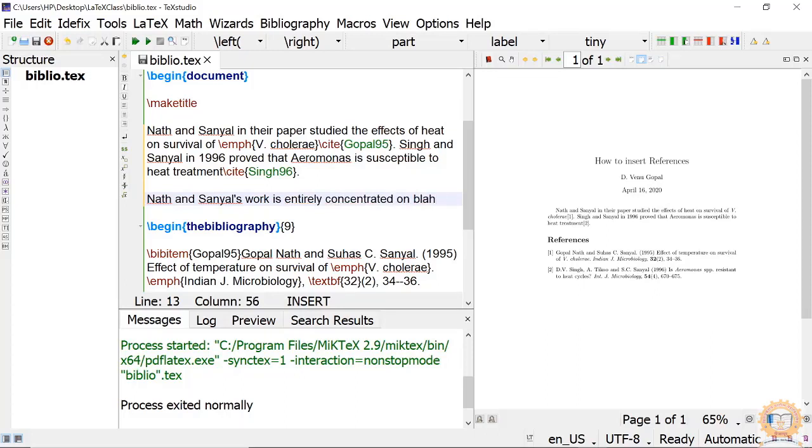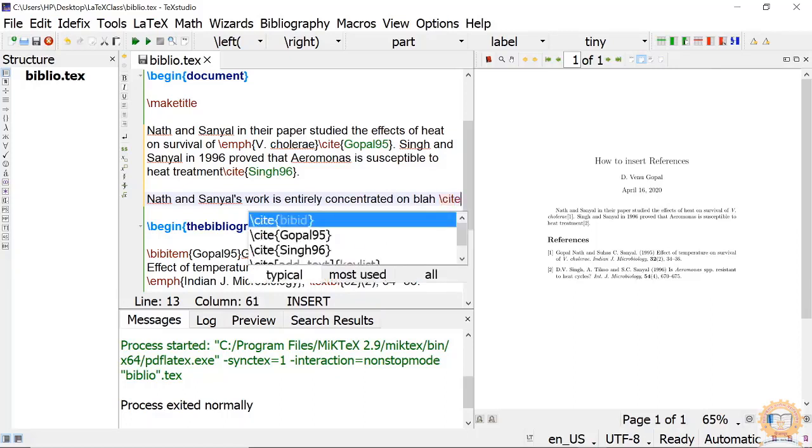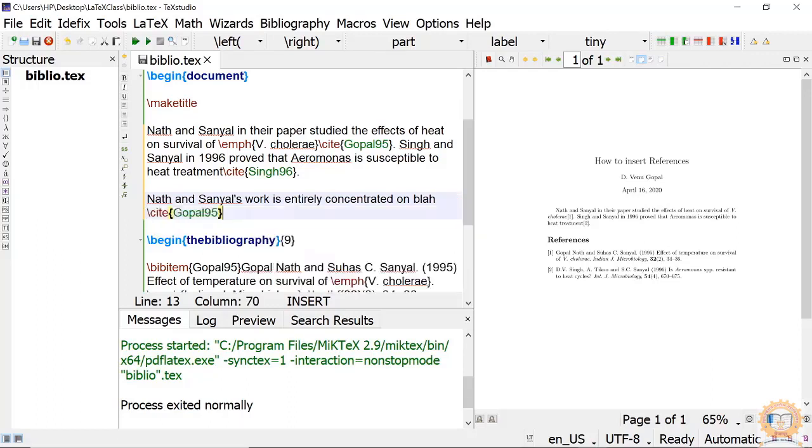Okay, cite, like here I am adding square brackets, say page.